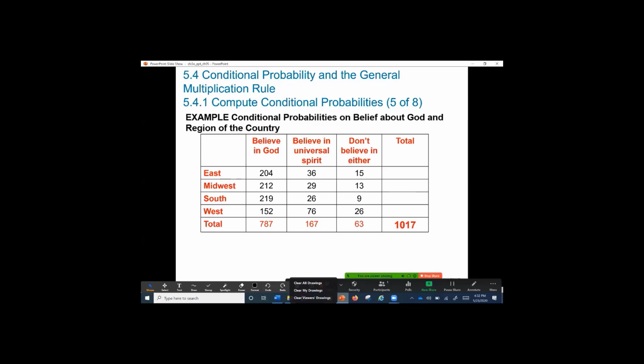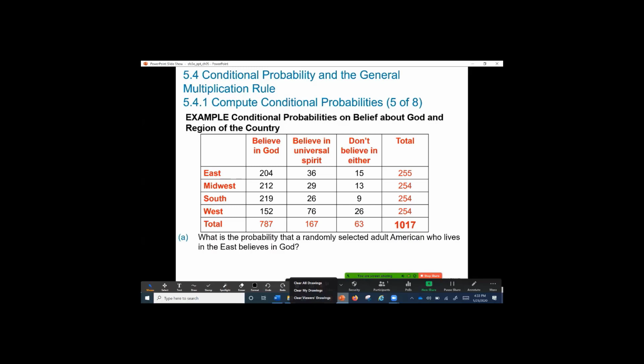However, we can also sum all people by region: 255 live in the East, 254 in the Midwest, 254 in the South, and 254 in the West. Actually, we select from all regions the same number of people, because we are interested in the belief of all of the people. I like this two-way table and it is very useful. From this two-way table, we can ask a lot of questions in probability. For sure, in the midterm, you will have one problem similar to this.